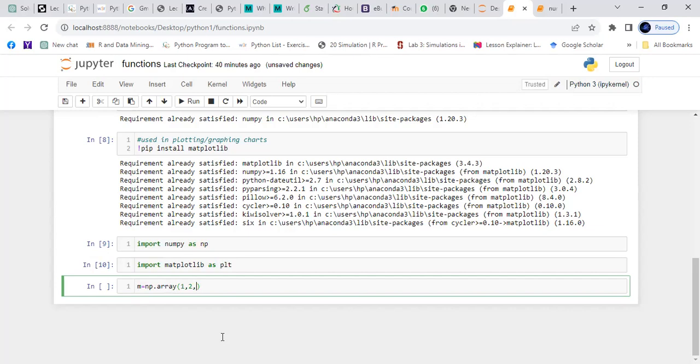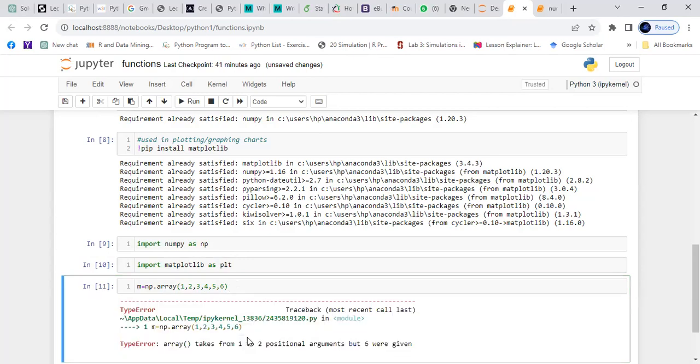So I can have 1, 2, 3, 4, 5, 6, just that. Then you observe that the 1, 2, 3, 4, 5, 6 are in green color, which is the same color as what you have for the brackets. That will tell you that the system might read that as empty. And let's just see. So if you run that,